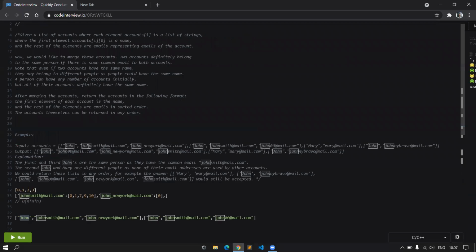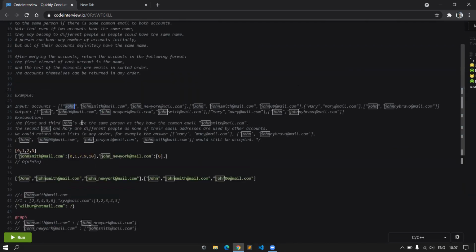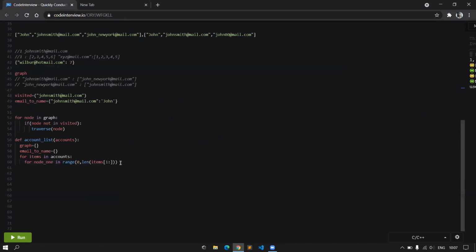So yes, the 0th index is the name, which I am not including in my graph. So this is why it is just iterating through the given sliced list. And then first I would map that particular node one to my name.